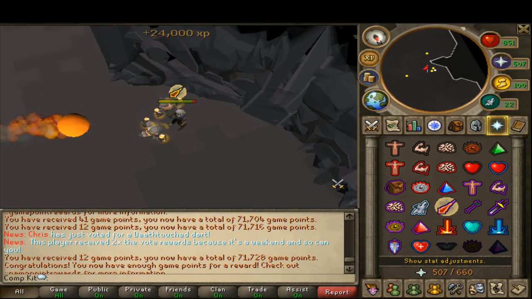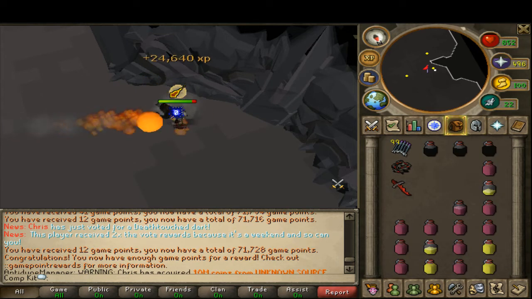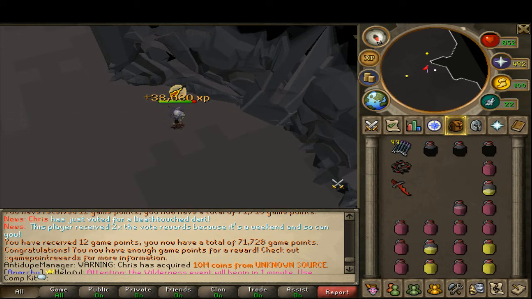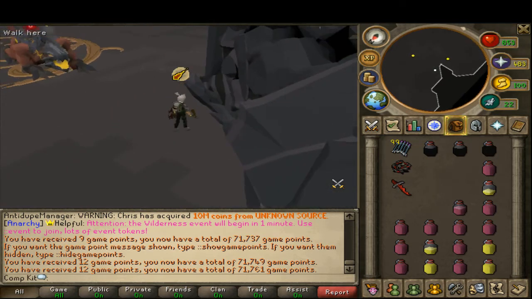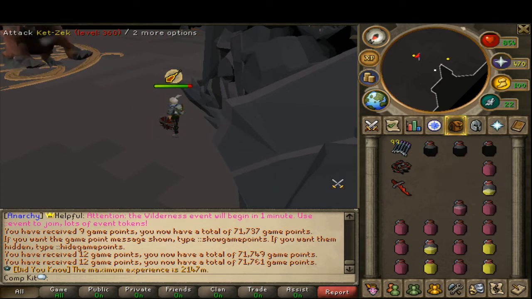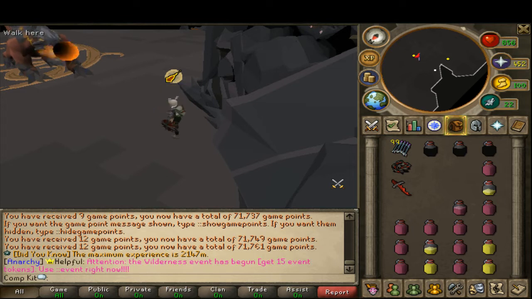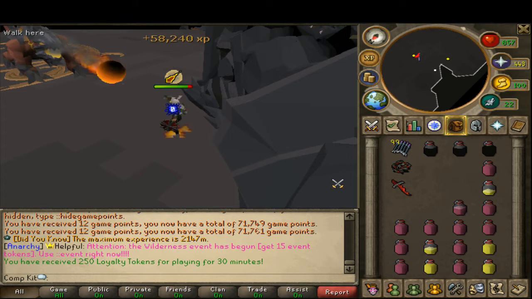Chris has voted for a Death Touch Dart. Yeah, Death Touch Dart would be a pretty sick item to vote for. There's Death Touch Darts in the quest shop, and they cost 1 quest point each. So if you complete a quest, is each quest 1 point? I think each quest is more than 1 point, but maybe I'm wrong. I don't think the Death Touch Darts are only 1 quest point though. I'm not sure actually. I know that some quests give 2 to 3 quest points because they're harder, and I